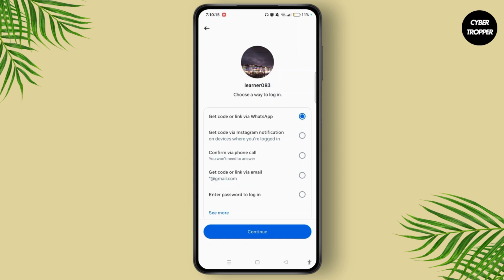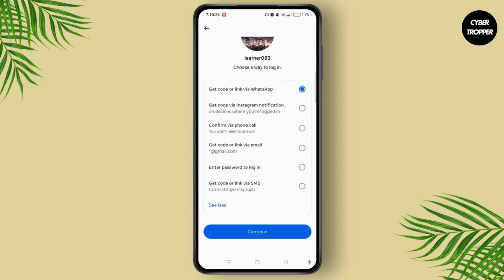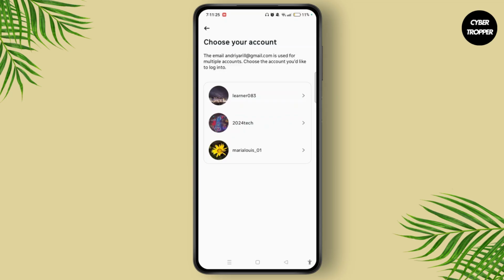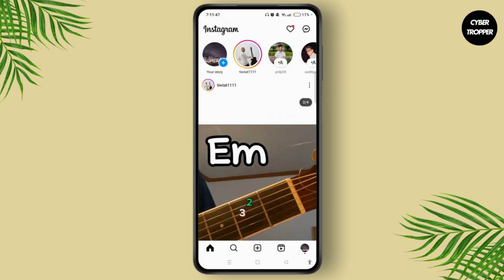Here you can get a code or link via WhatsApp, get a code via Instagram notifications, or many more. You can even tap on see more and tap on get code or link via SMS and tap on the continue button. Now you simply choose your account, then you'll be directed to the create password section where you have to